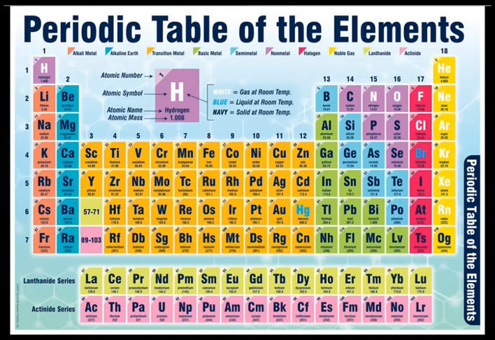Ask your brother or younger brother or sister or anybody to just give you a number randomly. Then you write down its electronic configuration. Then you try to place the element in the periodic table. It will be a lot of fun. Just try out at least 10 elements and you will be ready with the electronic configuration and placing the elements in the periodic table. Once you know that, the periodic properties will be an easy thing to do.